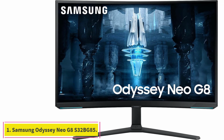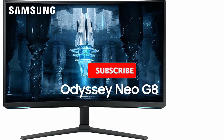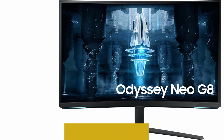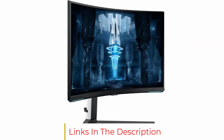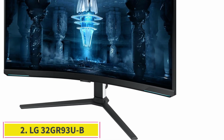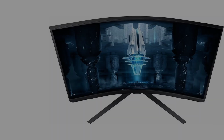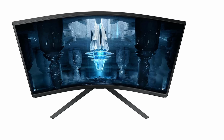Starting at number 1. Samsung Odyssey Neo G8 S32BG85. The Samsung Odyssey Neo G8 S32BG85 is the best monitor for Xbox Series X that we've tested. It's a fantastic gaming display with a very fast response time across its entire refresh rate range, ensuring a smooth and responsive gaming experience. Although the Xbox Series X can't take full advantage of the monitor's 240Hz refresh rate, it still delivers an incredible gaming experience at 120Hz with smooth motion handling, and it's fully compatible with everything the Xbox